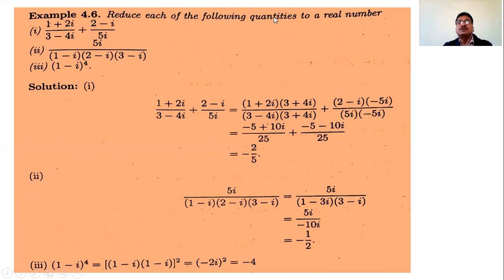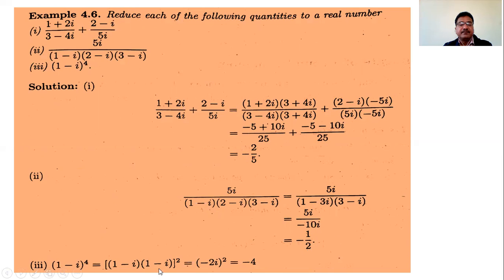Next: reduce the following quantities to real numbers. We have this expression as a real number. Similarly here, first multiply any two of these three brackets. We have this answer after multiplication of the first two brackets, and then again multiply these two brackets, and then rationalize this 10i. The next step: i gets cancelled here, so minus 5 by minus 10 becomes minus 10. Here it is only 5, and then divide by minus 10i, then multiply and divide